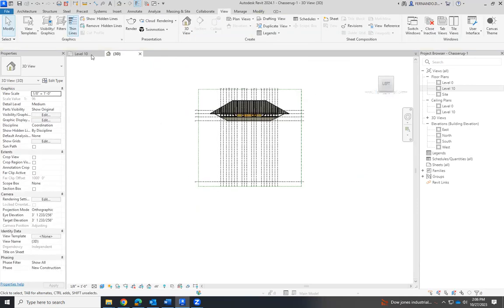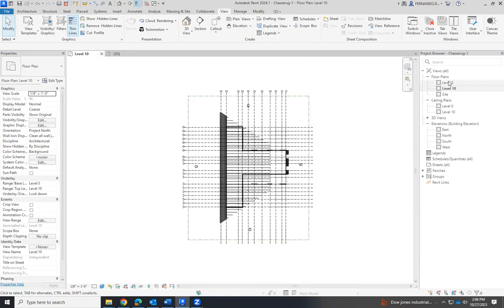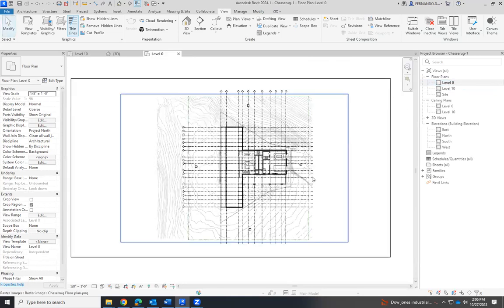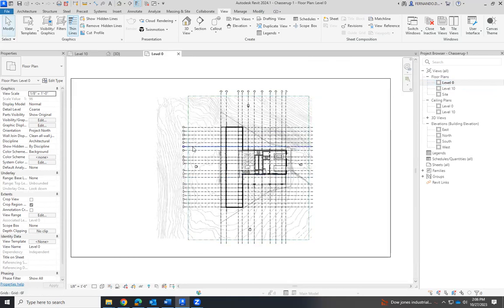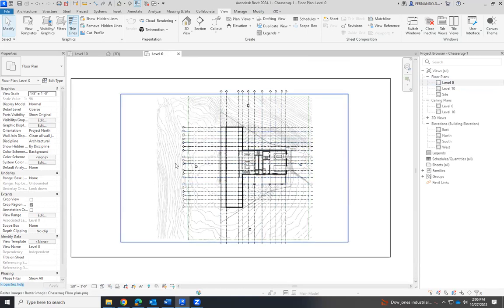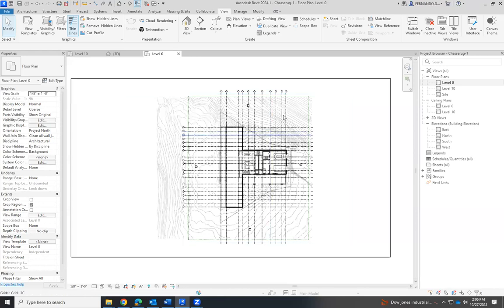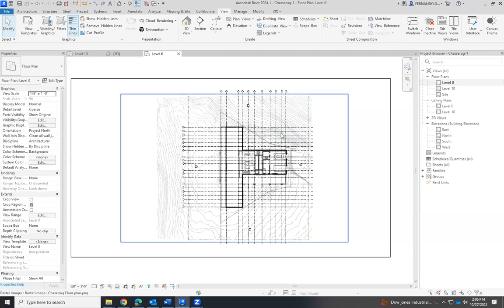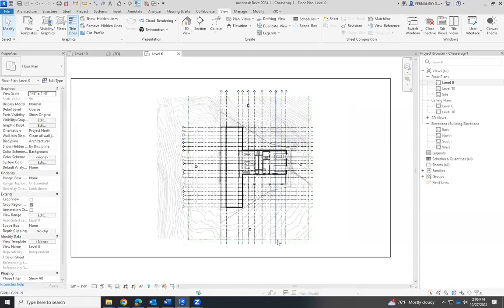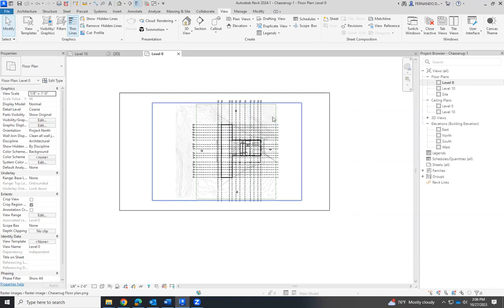Okay, now open any of the levels, level 0, whatever. Here we have the topography. We're going to make up the topography. The only thing is that here you see that all the contour lines are very close to each other, and here too. That means that the mountain is steeper here than there. Okay, so that's the only thing I want to do. I want to do something that is steeper here and here and lighter there.